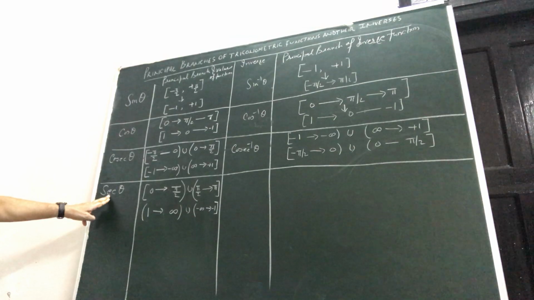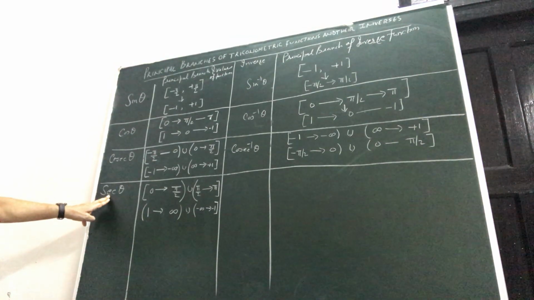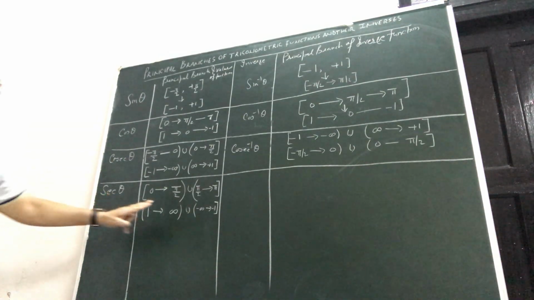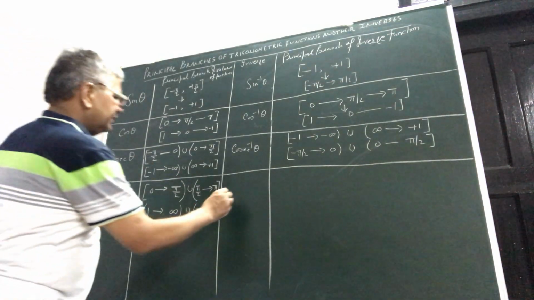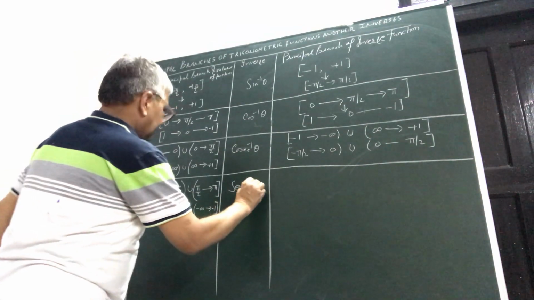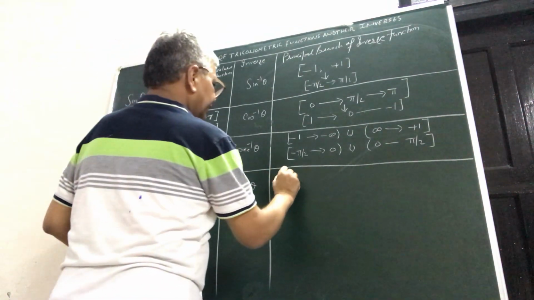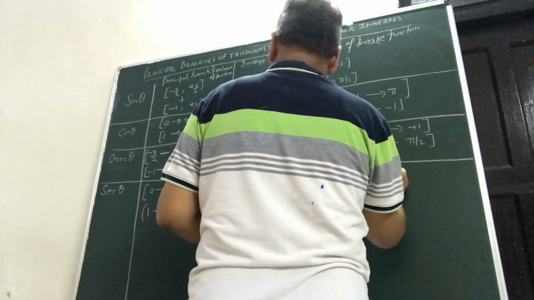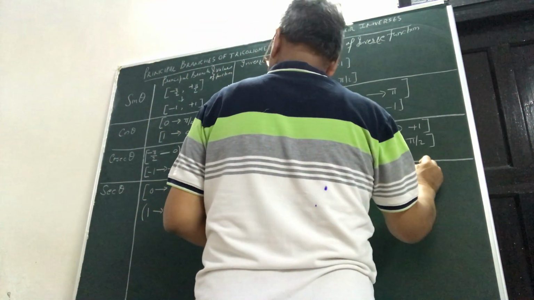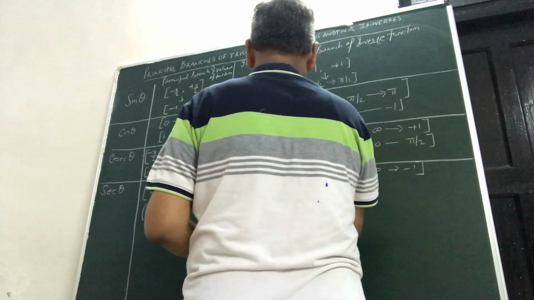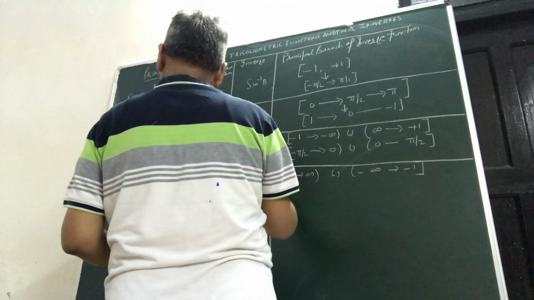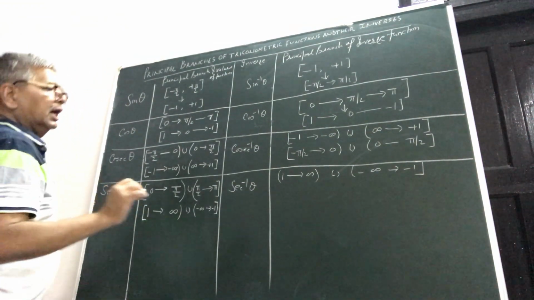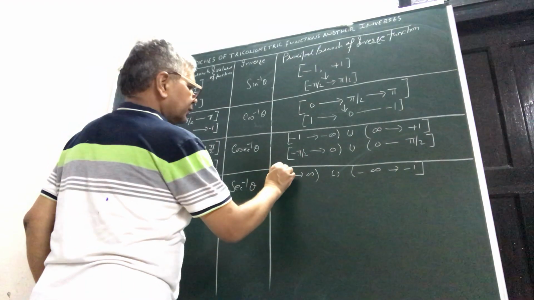it is from pi by 2 to pi. Sec is 0 to pi, yes. It will be minus infinity to minus 1, fine. And then see sec inverse theta. Now see this thing, 1 to infinity, and its principal value will be what? And minus 1. So closed here. This is minus 1. Please see, this y will be closed here. And this will also be closed.